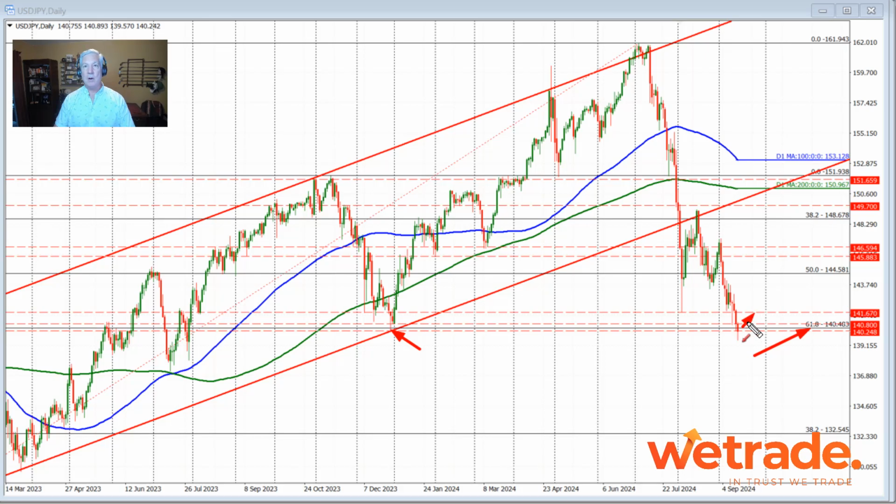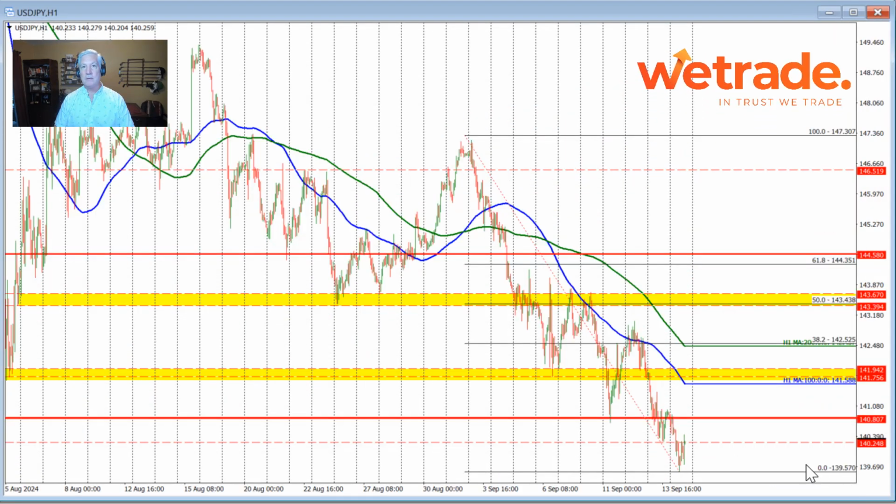that the low is in place, that this is an extreme, and that we have a potential to move back up toward the 141.67, which was the low price that we saw in the month of August. If we can get above that level, which is also near a low price right here, then that would give even the buyers even more hope that the low is in place. We will see. Now let's take a look at the hourly chart to see if there's any clues off of